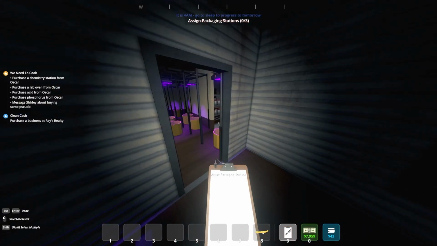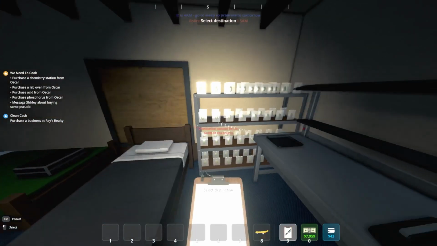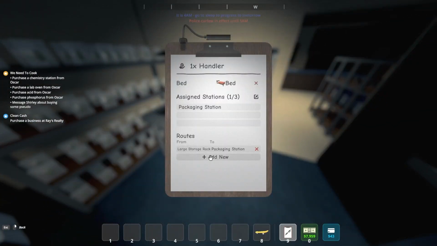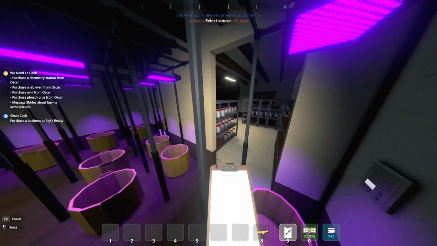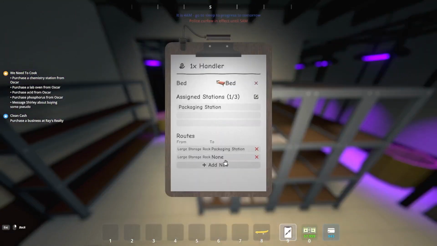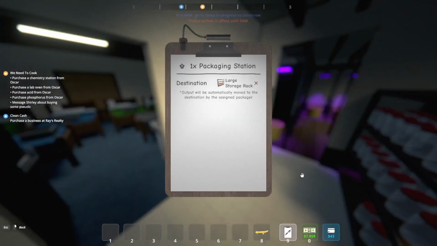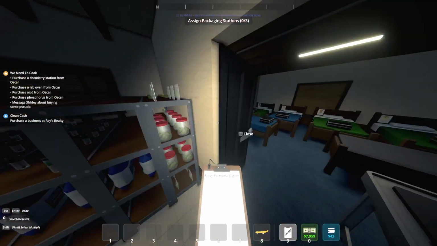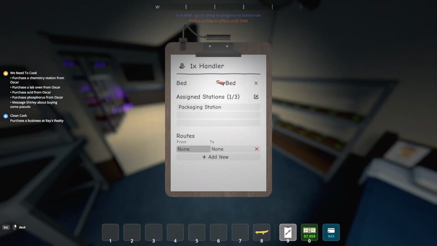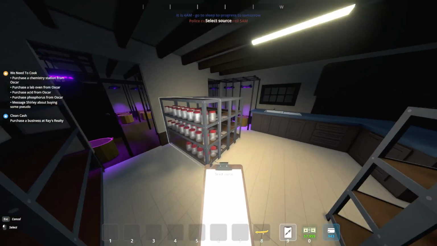Okay, so now we're going to assign one of our handlers to a packing station here, and we're going to transfer the product that gets delivered to the shelf to the packing station. This guy is going to transfer jars, and this packing station is going to deliver jars to here. This gentleman will be assigned to this packing station here. This is our bag man. He is going to move product onto the packing station. He is going to move bags